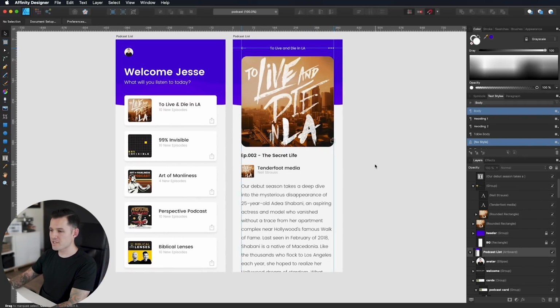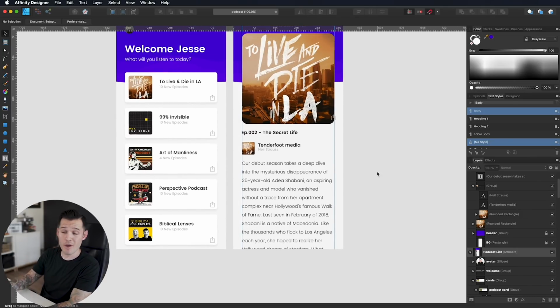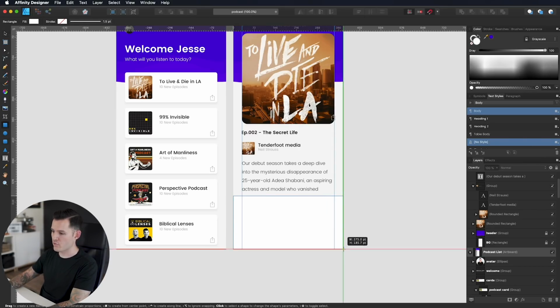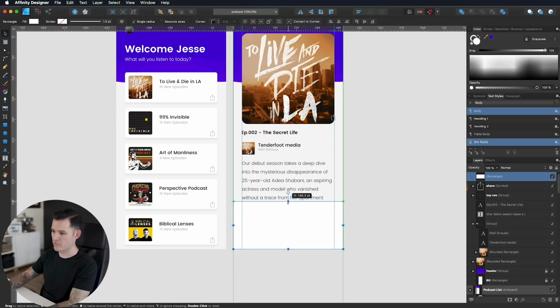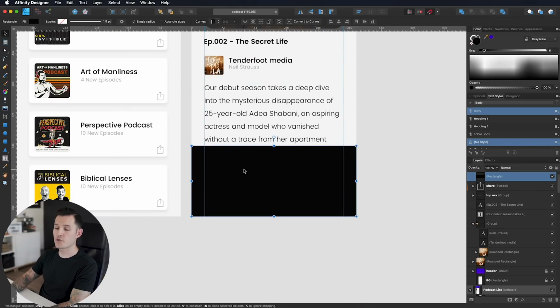And then now that those things are all together, we want to create the podcast player so people can actually navigate, press play, press pause, so on and so forth. So I'm going to hit M and bring up my normal rectangle shape. Draw a square here, or a rectangle, and I think I want this to be a little bit more dramatic and stand out. So I'm gonna do an off black color,